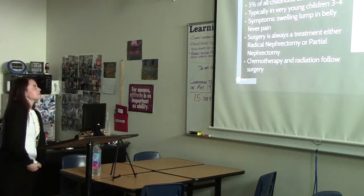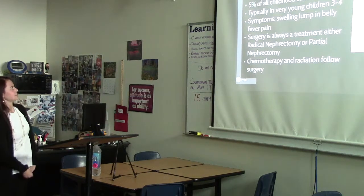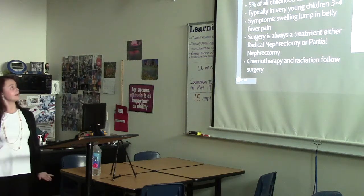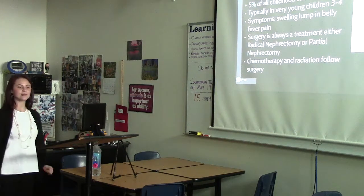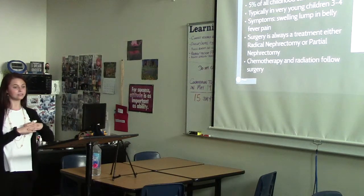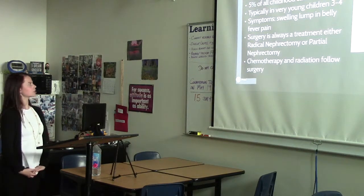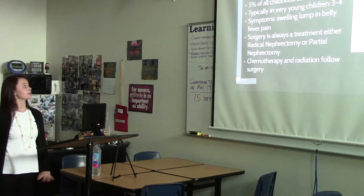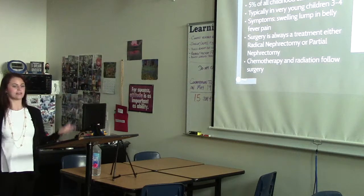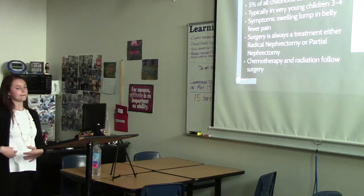The next cancer I'm going to talk about is the Wilms tumor. This is a tumor that starts in your kidneys, and it can be in both kidneys, but usually it's only in one. And it develops while the baby is developing, so while it's in the womb. Basically the tumor is a lump of immature cells that just haven't matured and haven't grown. This makes up 5% of all the childhood cancers. It's typically in very young children, 3 to 4, because by then the cells should have matured, and if they haven't, it's going to start causing problems. And symptoms are a swollen lump in the belly,